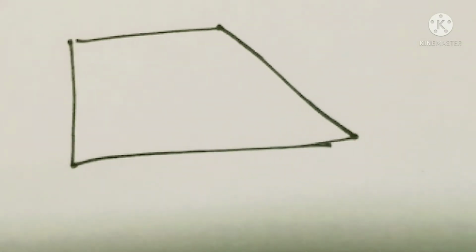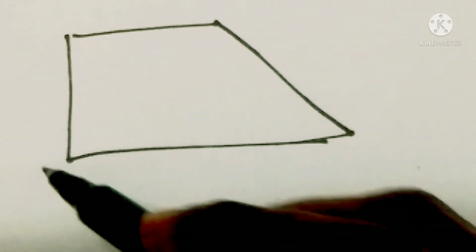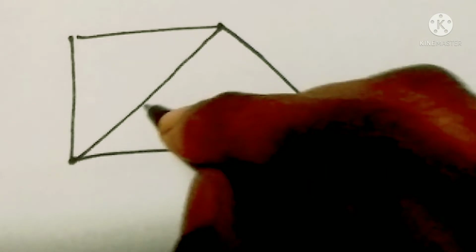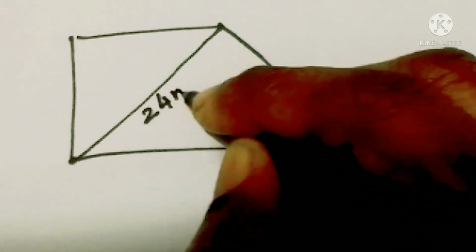Now, question number 4 is the diagonal of a quadrilateral shaped field is 24 meter. So, it is of any quadrilateral. So, you can draw any quadrilateral shape. Okay, not compulsory trapezium or any figure. You can draw any figure of your choice. So, this is the figure. Okay. One diagonal is given, any one diagonal you can draw, which is 24 meter. So, this is 24 meter.